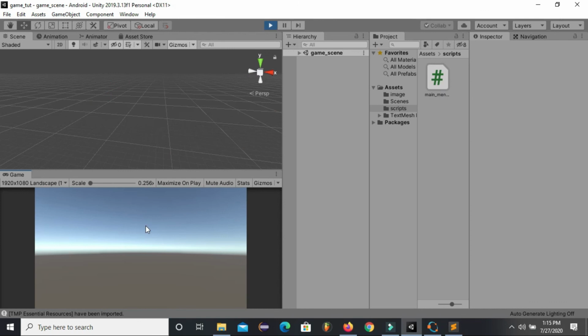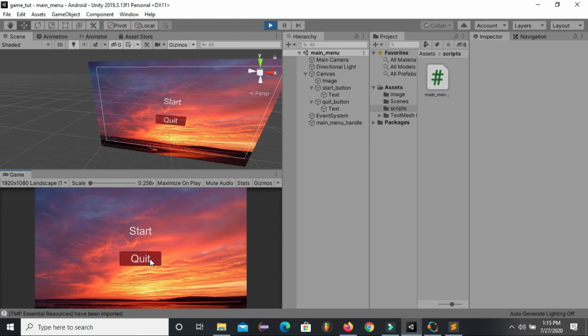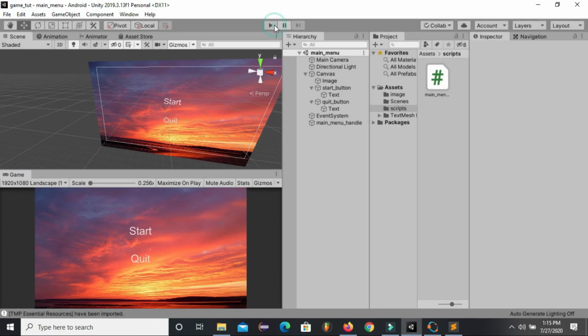Here you can see the game scene is loaded. So right now we don't have anything in this scene, but later in the series we will make our whole game in this scene, and in the upcoming videos we will place a back button here so that we can go back to the main menu. And now I want to show you the quit button. If you press the quit button, nothing will happen because you are building this game on the PC. Whenever you build this game on your phone and run it, the application will quit. So you can go and check.